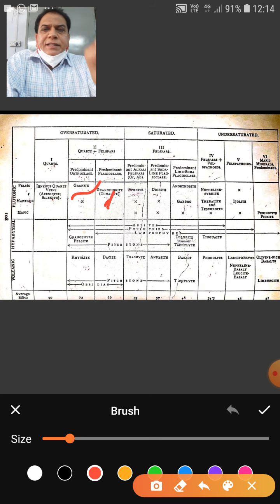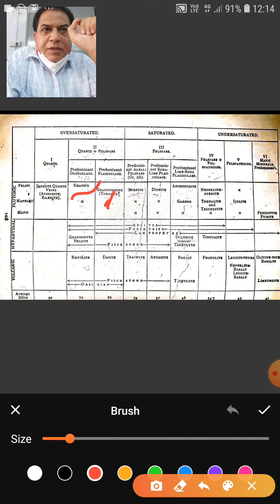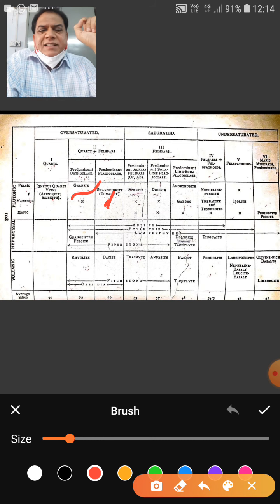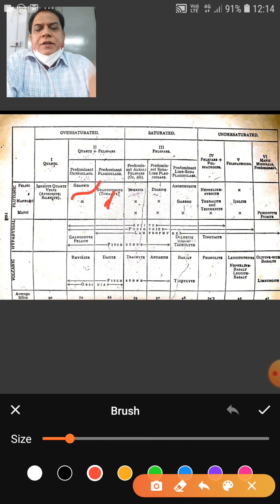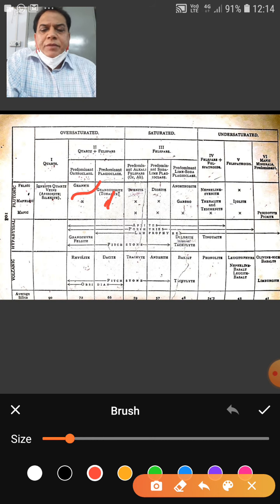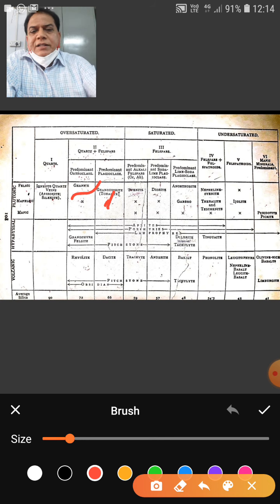So from this tabular classification, from the pigeonhole, if we know the silica percent, we can know the mineral content, we can know the geological occurrence. So nicely he has produced this table, and the volcanic equivalents also we can see, just beneath granite, at the bottom, is rhyolite, because granite and rhyolite are compositionally the same, but texturally they are different. One is plutonic, granite is plutonic, whereas rhyolite is volcanic.